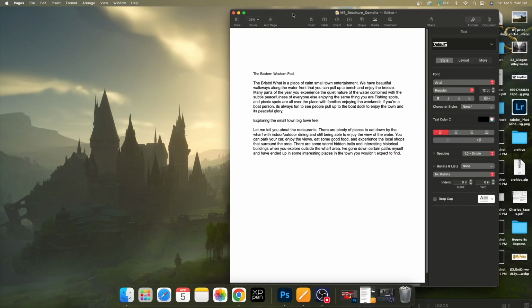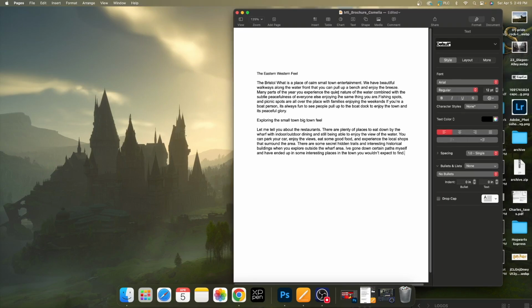In this video, I'm going to show you how to save your pages as a PDF. So with Pages, that's a little different compared to Word and other apps. So for Mac, what you want to do is make sure you have